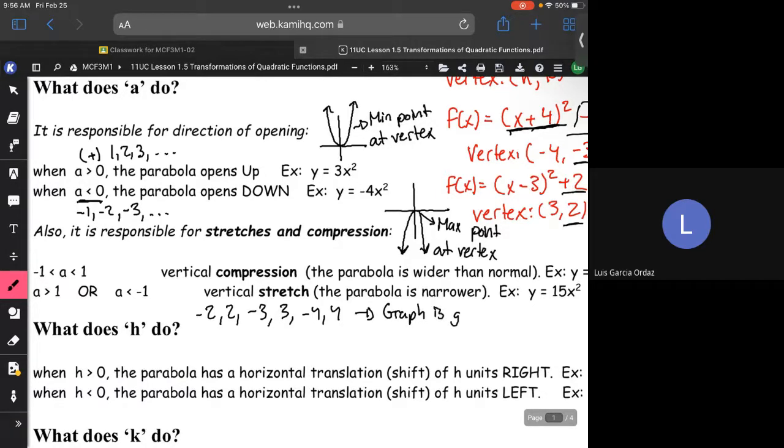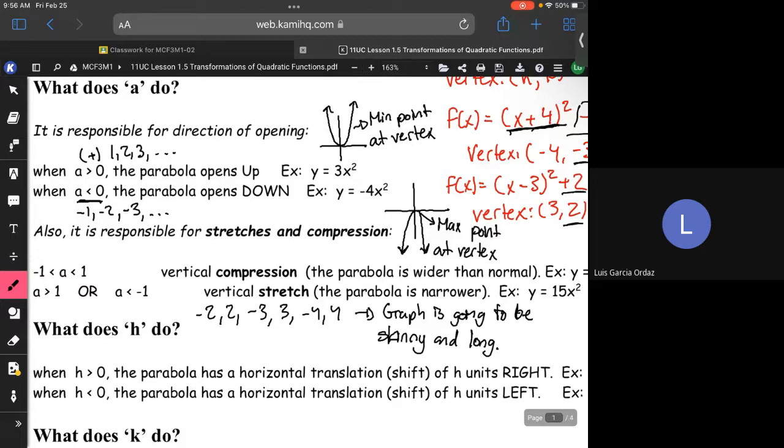So anything that's negative... No, negative or positive doesn't matter, as long as it's bigger than 1. Well, not one. One is just the basic graph, so it has to be bigger than one. It can't be one. That's why I have negative 2 and 2, negative 3, 3, negative 4, 4. And then it would go wider